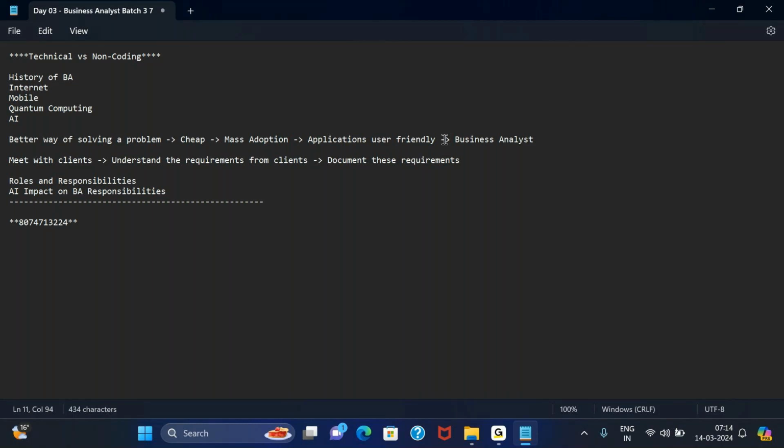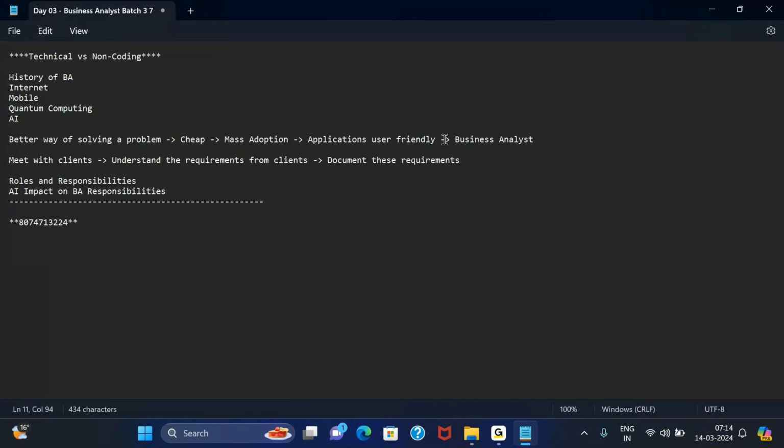Once they place an order, I will have some delivery fleet who can deliver the order to the customer. So now either I can learn coding on my own and start building the application, or I can find some IT company that can do this for me and then not worry about building the application.